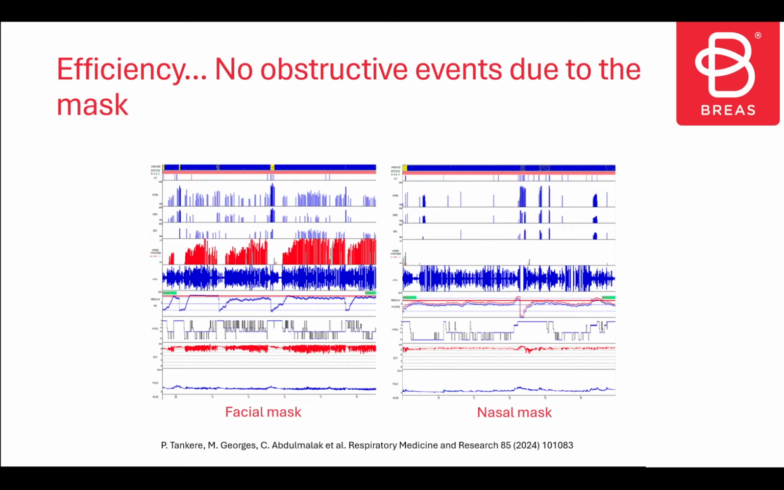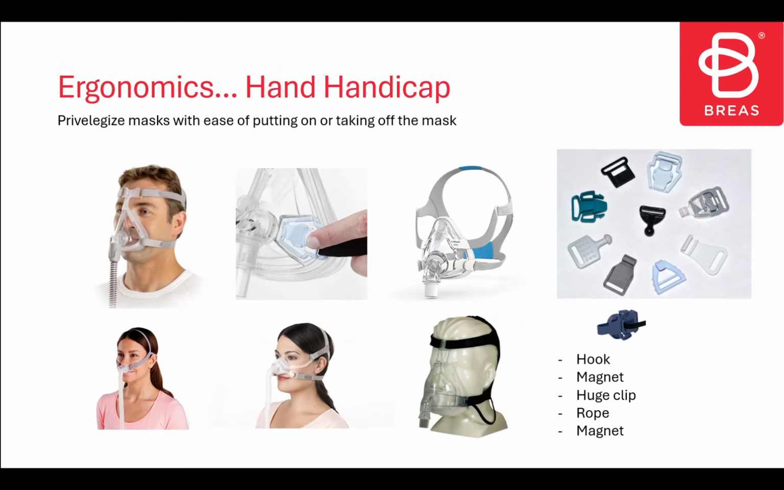In this study, which was published by the Dijon team, we show that a patient who uses a face mask has desaturation and also events, as seen here. And if the same patient uses a nasal mask, we see the desaturation line is much more stable and has almost no events. Now we're going to move on to the tolerance part, and one of the key points